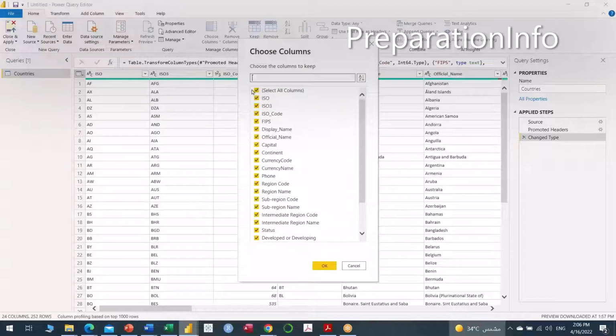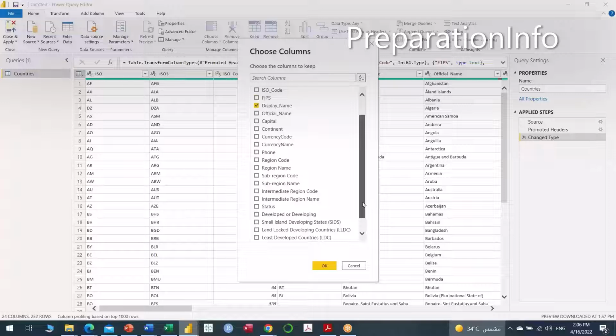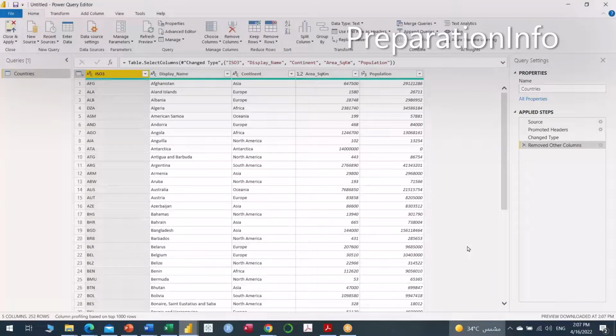And in this choose column, this time my selection priority is different. I'm selecting ISO 3, display name, then area square kilometers, population, and in the end I'm selecting continent. Okay. And now if I say okay,